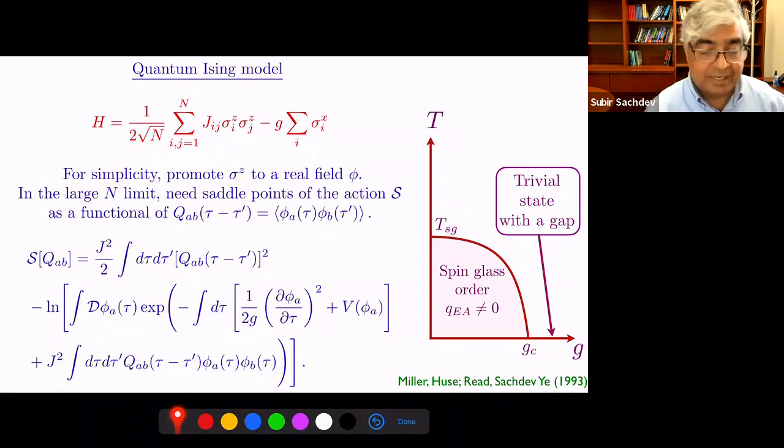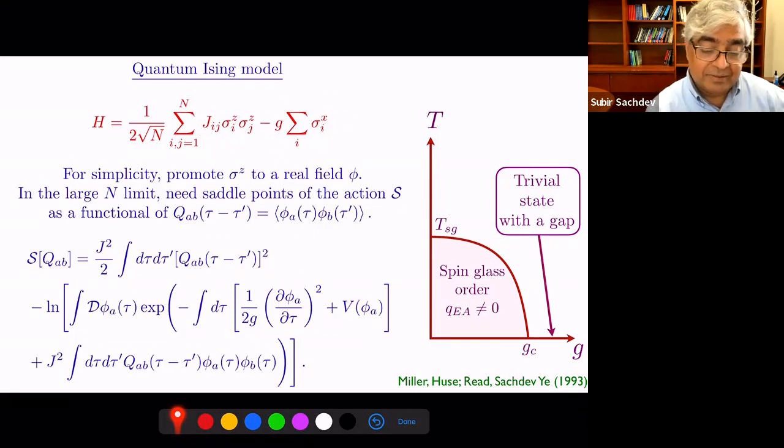And this model is actually now also thoroughly understood. And you now get a spin glass state for a finite region of g less than g_c. And the structure of the spin glass state, at least of the spin glass order parameter, is identical to that in Parisi's solution, and the reason for that I'll describe in a minute. Okay, so now what happens when you try to extend the solution of the SK model to this quantum model?